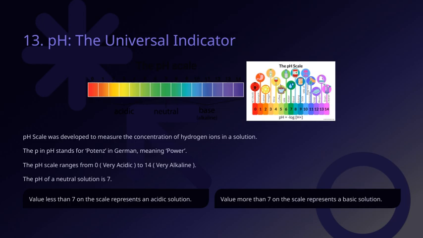Now, the pH scale itself ranges from 0 to 14. On the lower end, around 0, the solution is very acidic, and on the higher end, around 14, it's very alkaline or basic. You might wonder what the P in pH stands for. Well, in German, Potenz means power, which is what the pH measures, the power or concentration of hydrogen ions in a solution. This scale was developed specifically to quantify how acidic or alkaline a solution is by measuring the concentration